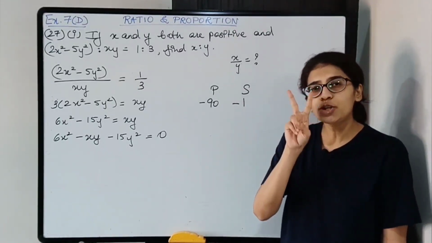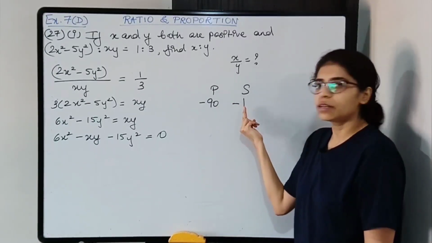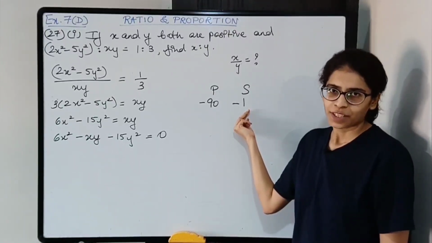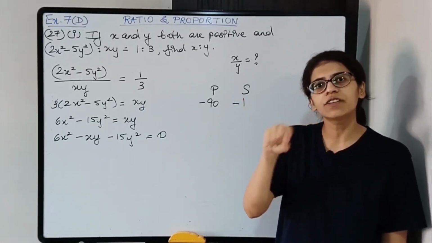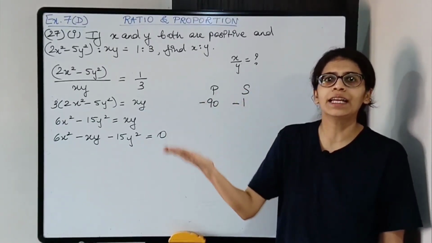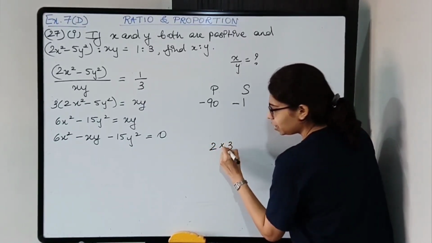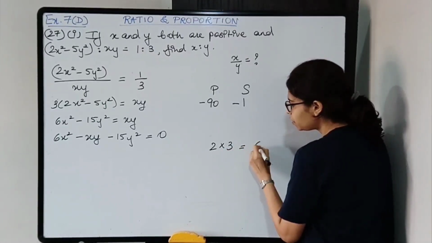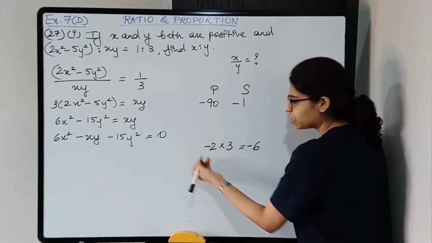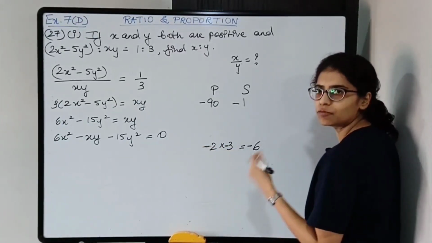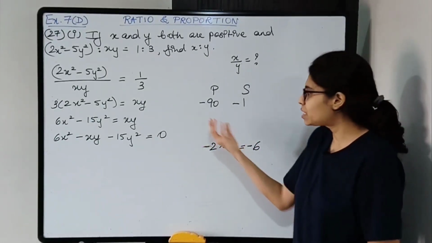So you have to find two such numbers whose product is minus 90 and when you add them it is minus 1. Product is negative, so one number is positive and the other is negative. When can you get a negative answer? Like if you have 2 into 3, the answer will be 6. If only one of them is negative, then you can get minus 6, either minus 2 or minus 3. One of them should be negative. If both have the same sign, the product will not be negative. Same logic over here.